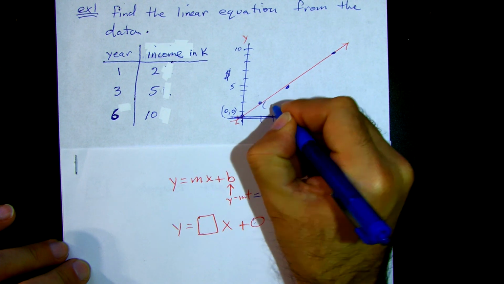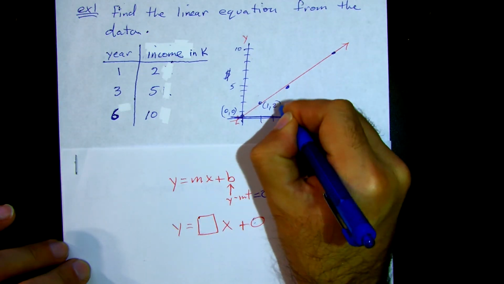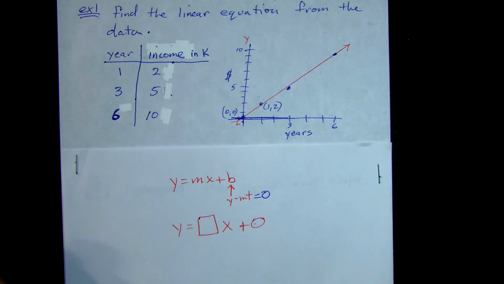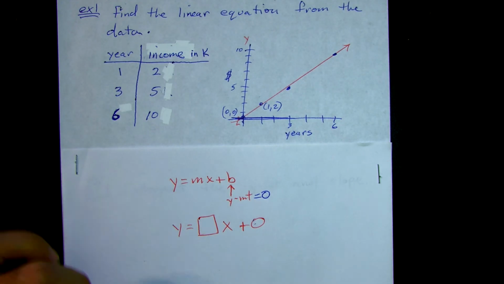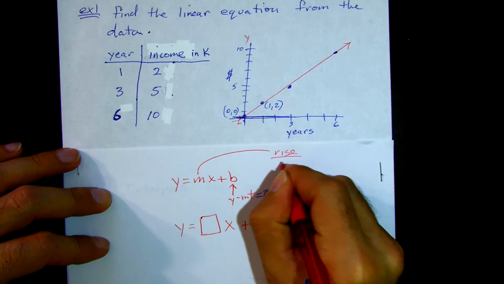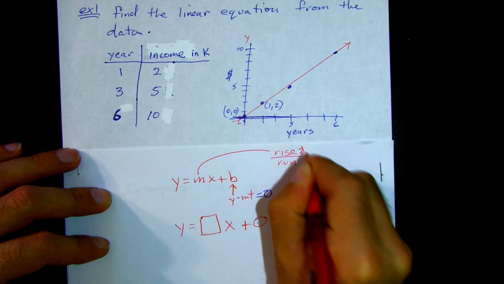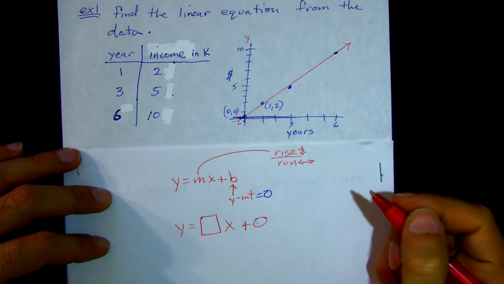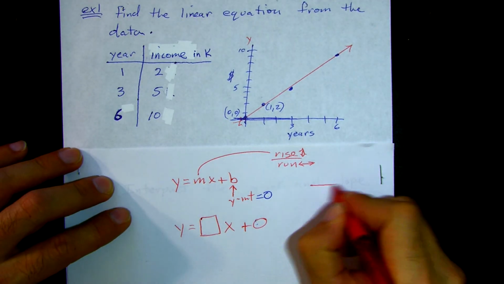And I'm going to use 1, 2. It was one of our points in the data as well, but it looks like it is also one of the points on the line approximately. Remember that the slope is just the rise over the run, how far up and down, and how far side to side you go. Okay. So, we could use the slope formula,